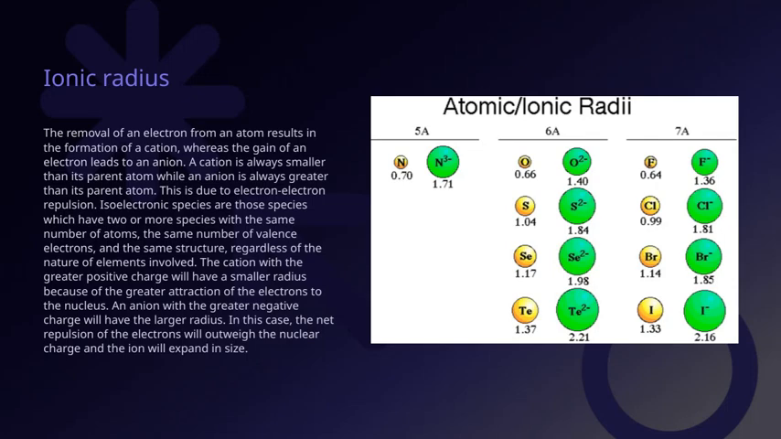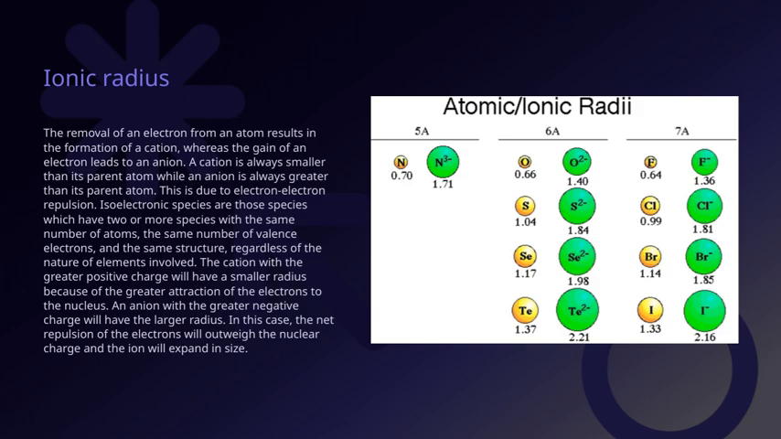When we talk about ions forming from atoms, the key idea is that removing an electron creates a cation, which is positively charged, while gaining an electron results in an anion, which is negatively charged. Now, a cation is always smaller than its original atom because losing an electron reduces electron-electron repulsion and allows the remaining electrons to be pulled closer to the nucleus. Conversely, an anion is larger than its parent atom because adding an electron increases electron-electron repulsion, causing the electron cloud